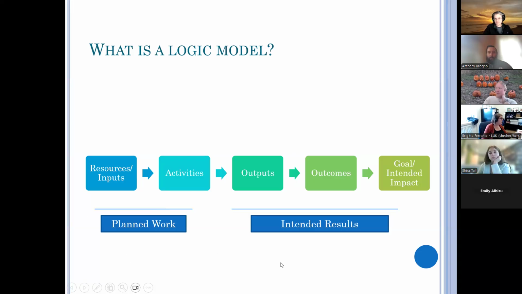So we start with planned work, and then we have the intended results. Outputs are plans. We don't just go into a program and hope for the best and accept that 2 cats are enough. We plan that in order to achieve true outcomes to affect our population, which we'll look at in a minute, 2 cats isn't going to be enough. We're going to need, I would say, we're expecting 300 clients, so we want at least 290 to have cats by the end.